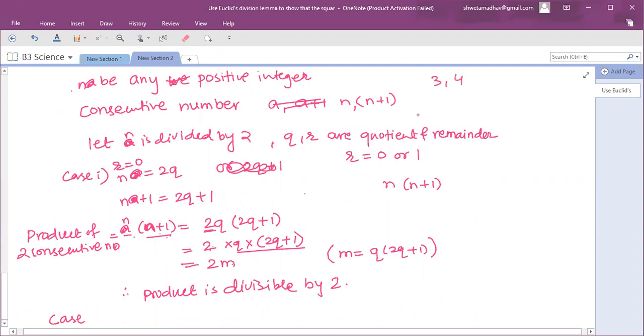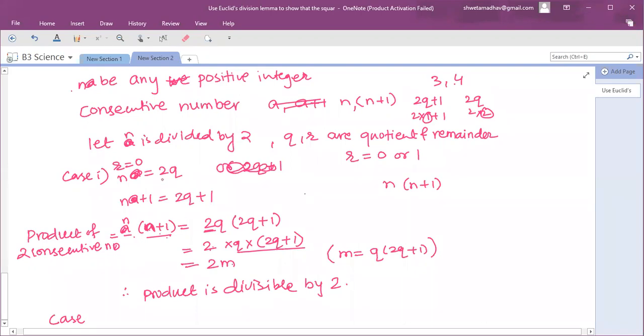Just like, ma'am, 3 and 4 are consecutive terms, right? So 3 is written as 2Q plus 1, that is 2 into 1 plus 1, and 4 is written as 2 into Q. 4 is what? 2 into 2, so 2 is the quotient. And here 2 into 1 plus 1, so 1 is the quotient here. So for that general form, we have used Q. Clear?